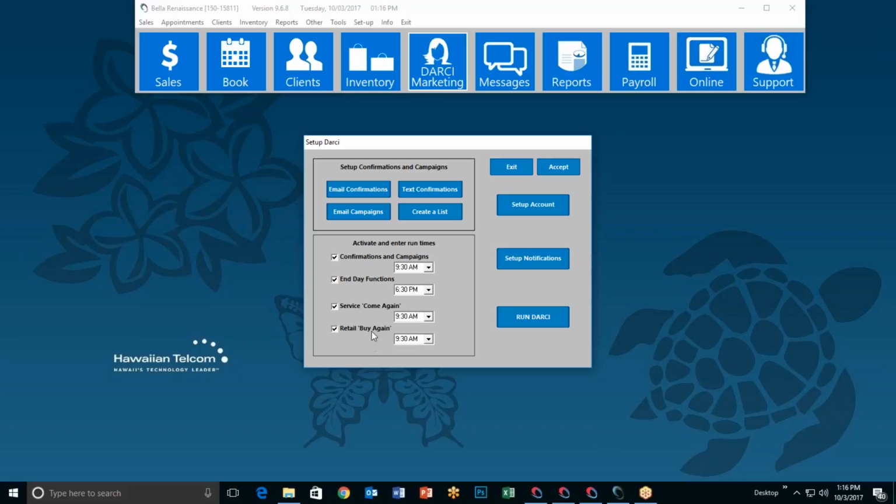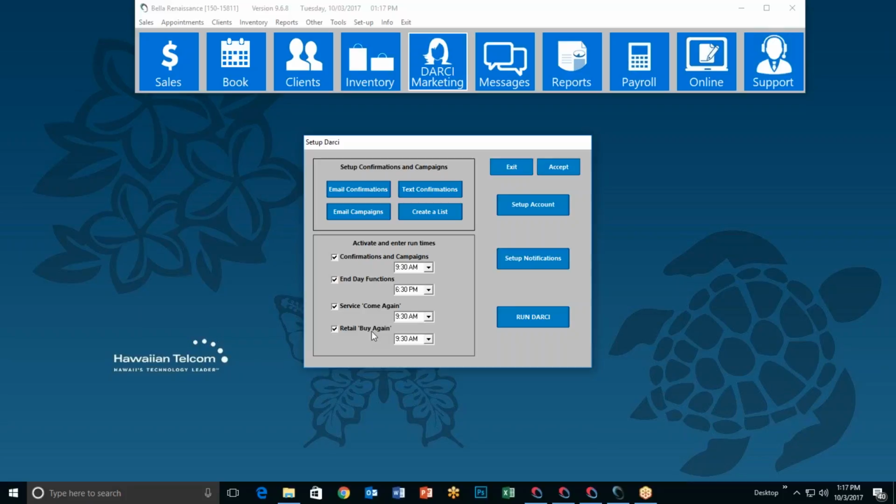Same thing works with buy again, except with buy again, it works with inventory. So you can put essentially kind of like a death date on your product. So you've got a shampoo, it's 20 ounces. You tell your customers that they should use 2 ounces of it every other day. Well, that means in about 3 weeks, it should be empty. So maybe I say 4 weeks or 5 weeks to give them an opportunity to come in to buy it